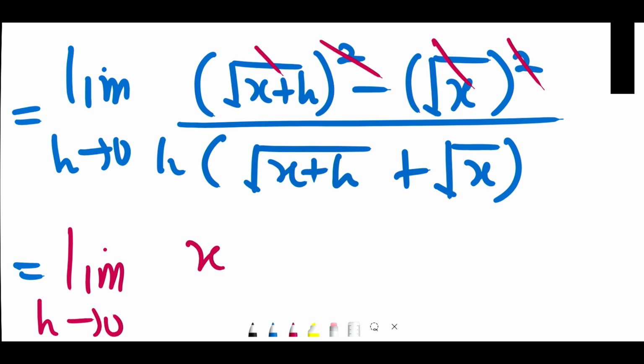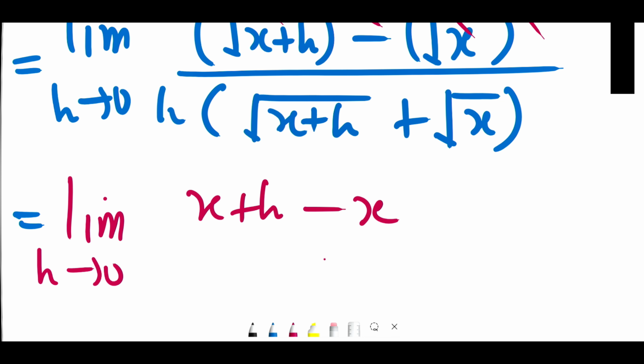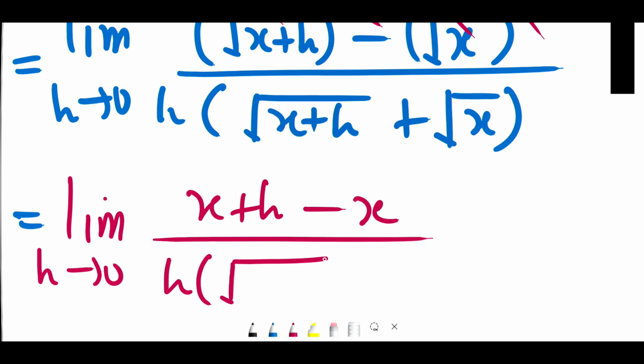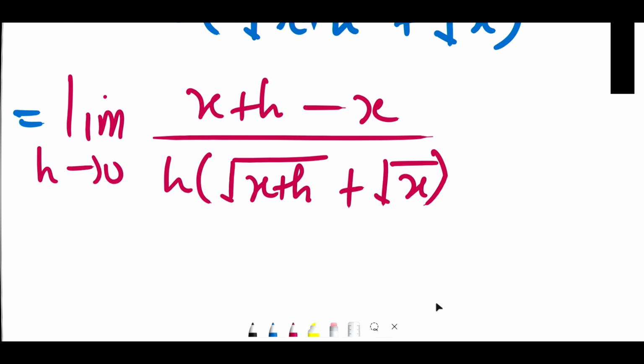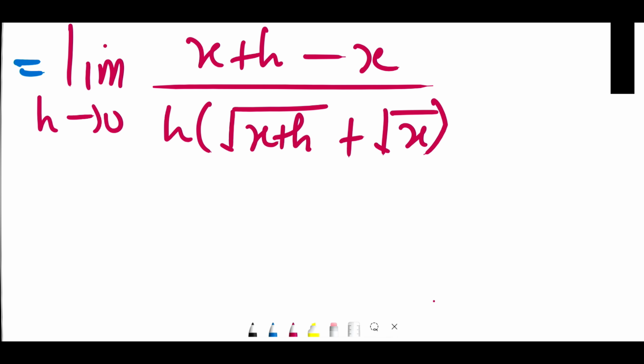Then we're getting x plus h minus x, all divided by h multiplying square root of x plus h plus square root of x. All right, so we need to simplify. So since we have this one here, you consider x minus x, we are getting 0. So we'll be left with